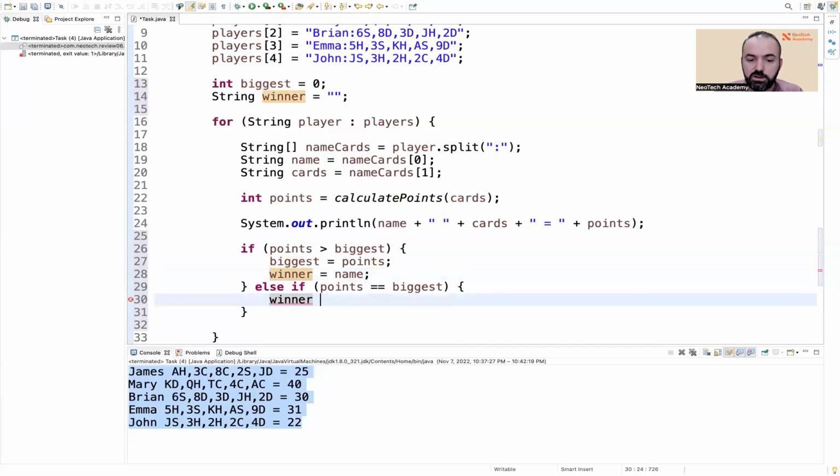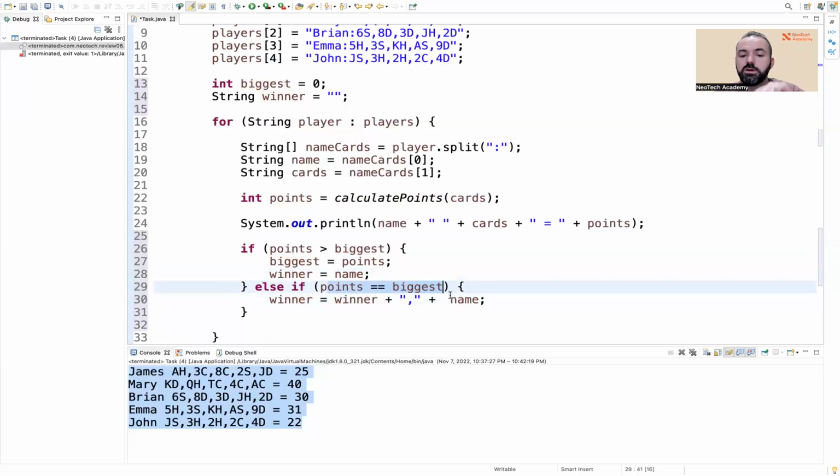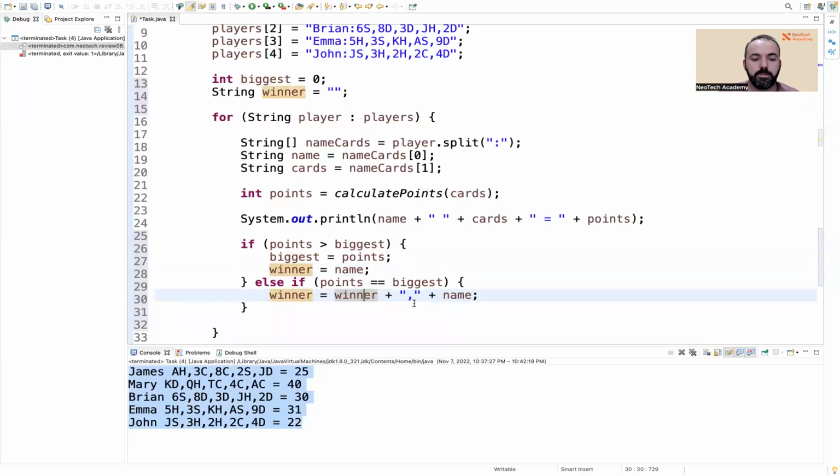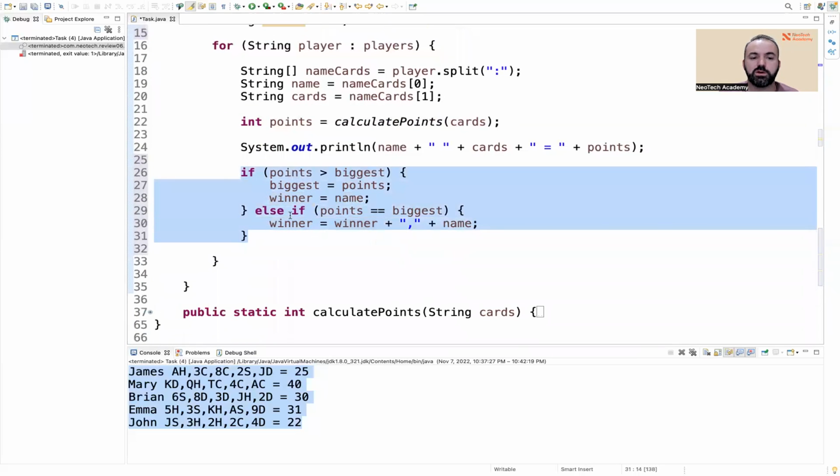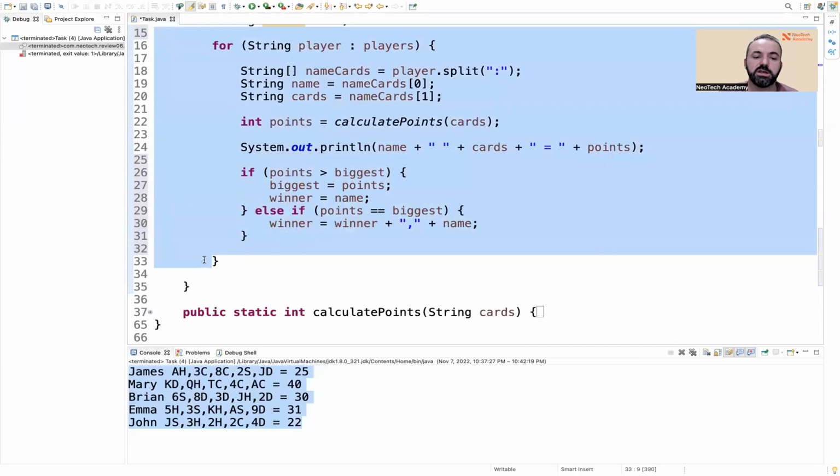We're gonna say winner is equal to winner plus some comma plus the person now, right? So if the person has more than everybody, this is the winner. If the person does not have more than the others but is equal to the biggest, then we're gonna concatenate the winner. So when we're done with this one, when we're done with all the players,